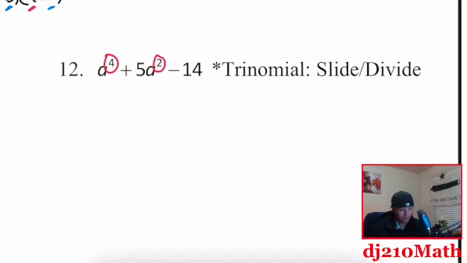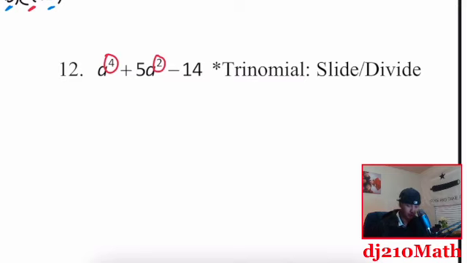this thing will behave like any quadratic would. If this was a quadratic, a squared plus 5a minus 14, then we could factor it using traditional methods. Because it follows a pattern where the middle term is half. If this was a 6 and this would be a 3, then we could do what we're about to do. If this was an 8 and this was a 4, then we can do what we're about to do. As long as that middle term is half of the first term's exponent,